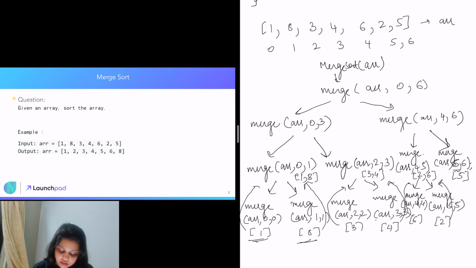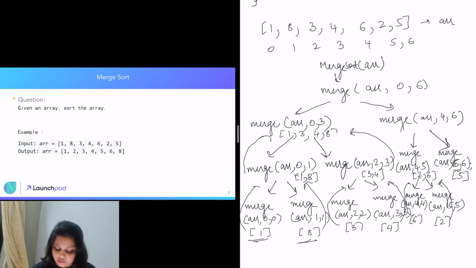This will return. So 1, 8 and 3, 4 are going to get returned. So in this particular case, the sorted array will be 1, 3. So our two sorted arrays are going to get returned, right? 1 and 8 and 3 and 4. And then we are going to merge them. And while merging, we are going to sort them. So 1, 8 and 3, 4, when they get merged, the sorted array will be 1, 3, 4 and 8.